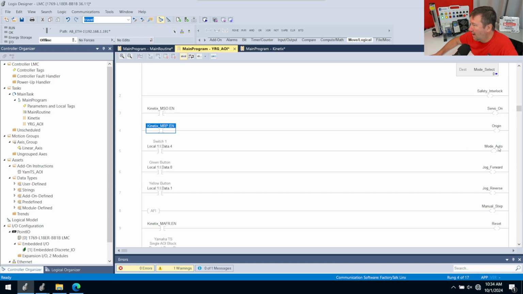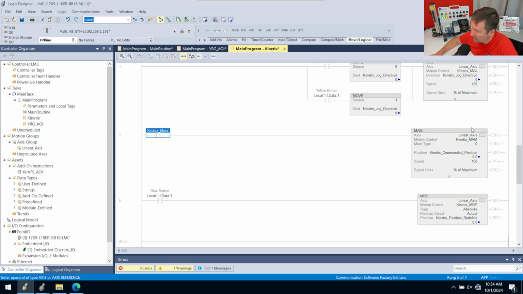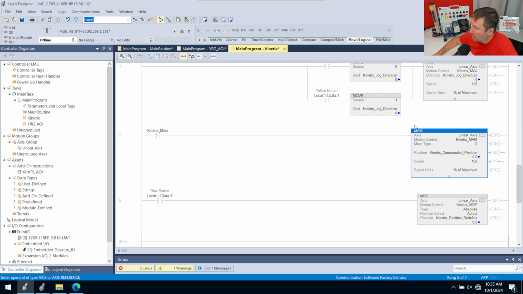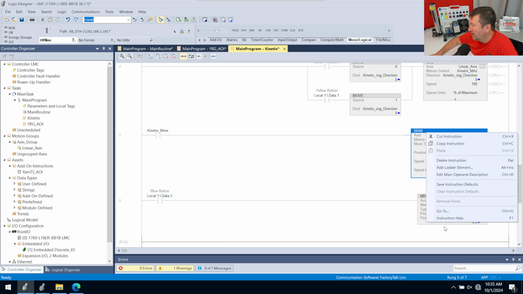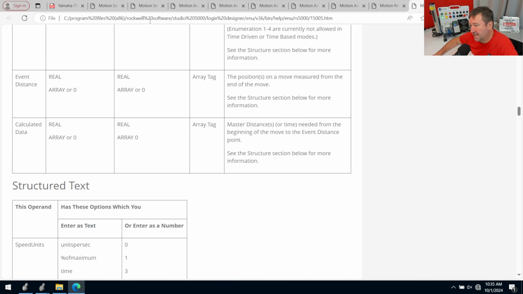All right, now we have the auto mode. Now, we want to do auto mode really whenever our motion axis move is enabled. That's when we want to be in auto mode. So we're going to put Kinetix MAM. Next, we have the auto mode. And really, whenever we're working with this MAM, that's when we want the auto mode. So let's go to instruction help on the MAM, and let's look at a few of the bits in this,